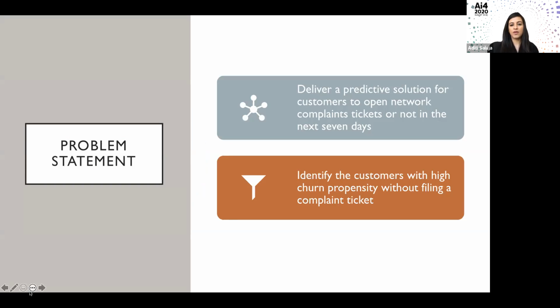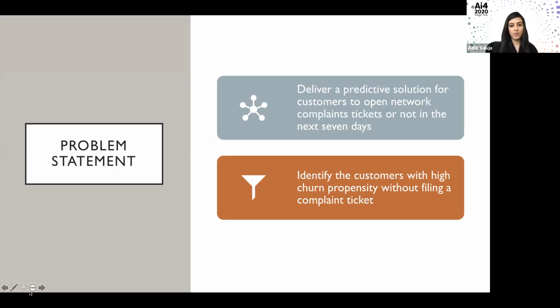The problem here is bifold. The first part of the problem is to develop an algorithm to predict if a customer will file a network complaint in the next 7 days or not. And the second part of the problem is to reduce churn, by finding the customers with similar patterns, because it's seen that the customers often churn without filing the network complaint.